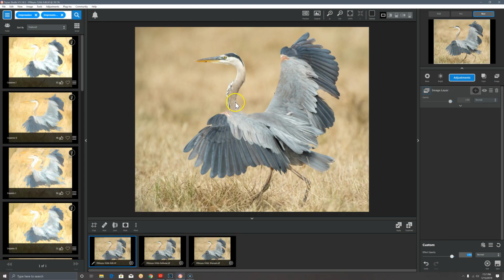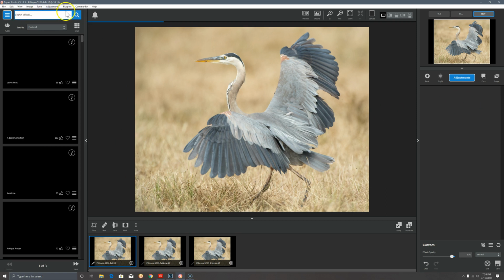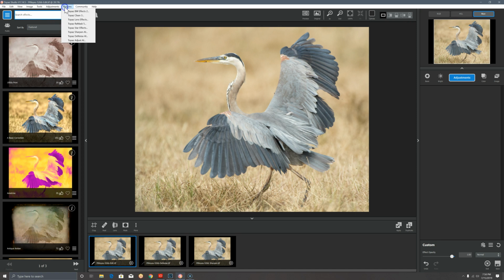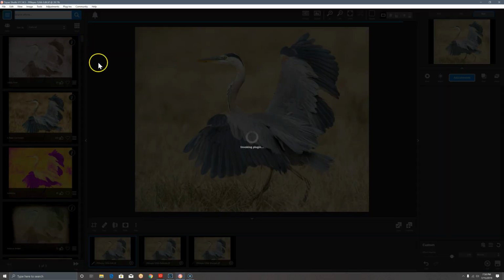This is the image right out of Lightroom with its crop from Lightroom. This nice showy great blue heron at Point Reyes, California. So my usual step is to start out and say, let's close all these creative things, and I go to Plugins and DeNoiseAI, and that takes